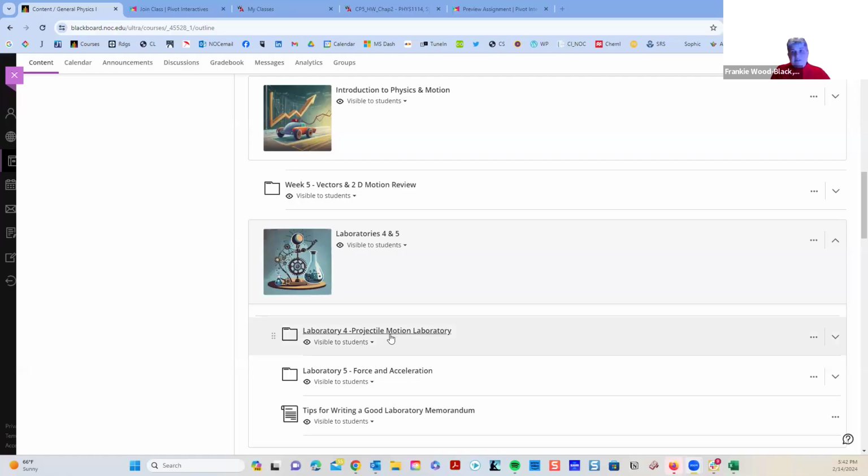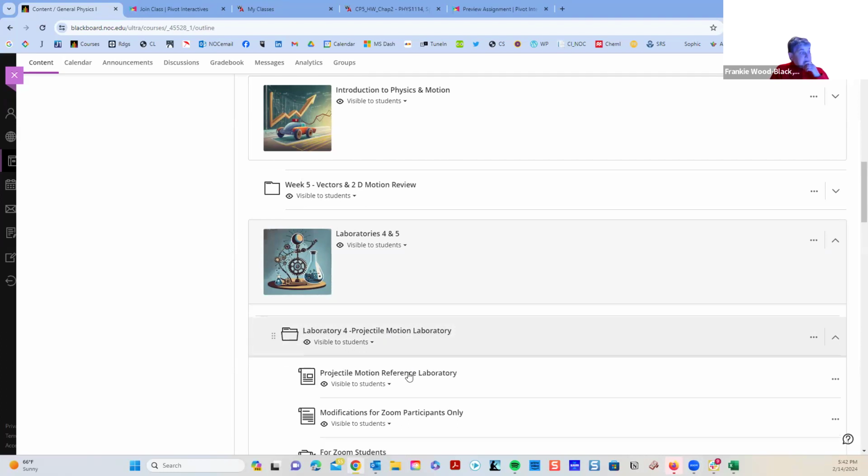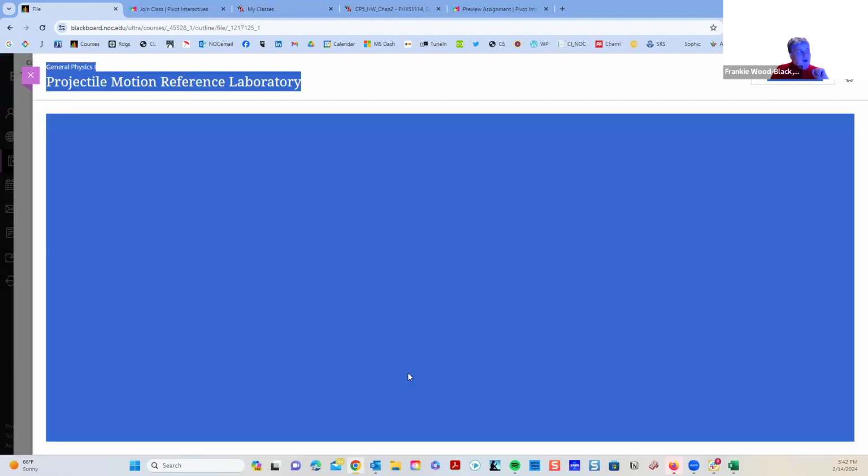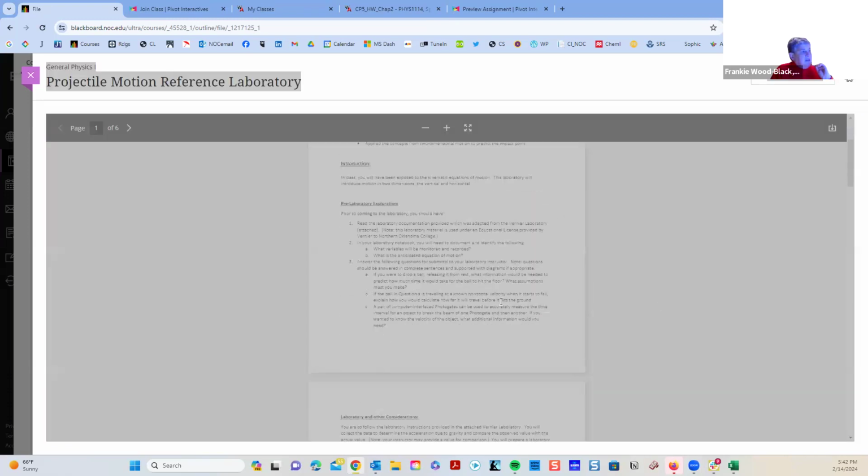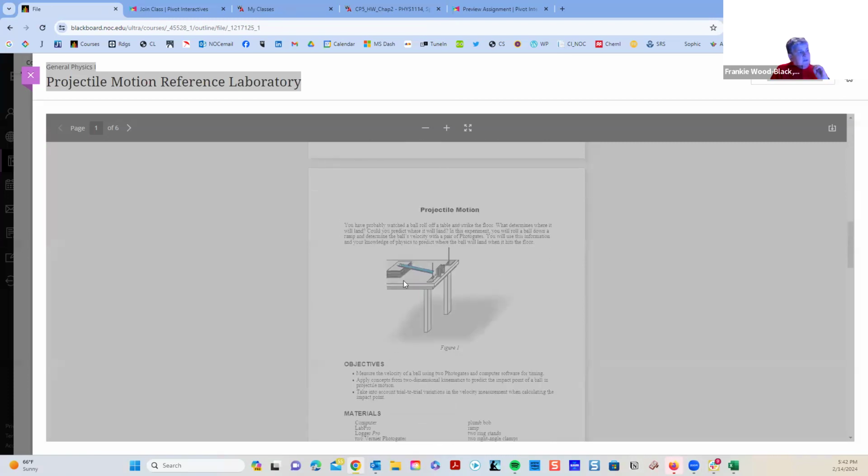So the next lab is a projectile motion lab. And if we open up the projectile motion lab, if you were to walk into my physics lab, this was the Vernier Reference Laboratory. So in the actual physical laboratory,